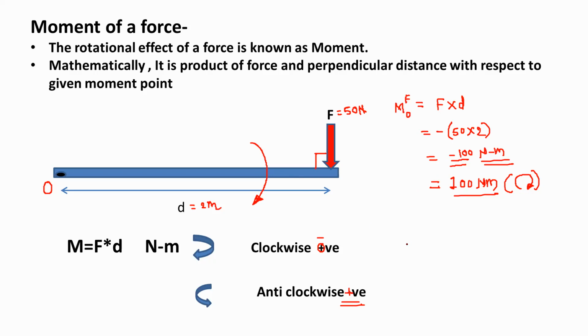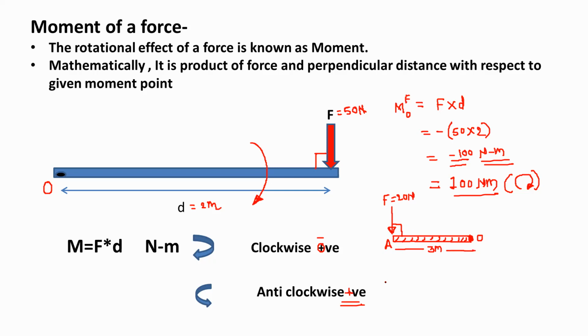Now just take another case. So now this is the moment point, the point O. This is one arm which is connected at the point O, and then we are applying a force F at this point that is equal to 20 Newton. This force is perpendicular exactly to this rod. So take this point A. The OA distance is equal to 3 meter.